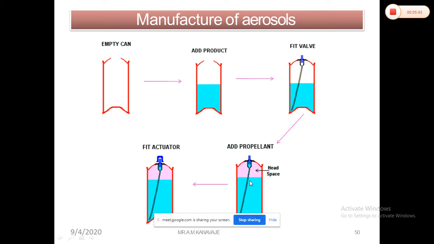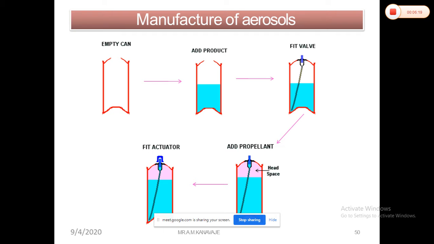That means your propellant is added in that particular can, and then after maintaining the pressure, the amount of pressure that we require to develop inside the container, depending upon that we are adding the propellant. After adding the proper amount of propellant, you can fit the actuator and place the cap, and seal that, or that particular container can go for further testing also. So this is a simple method.